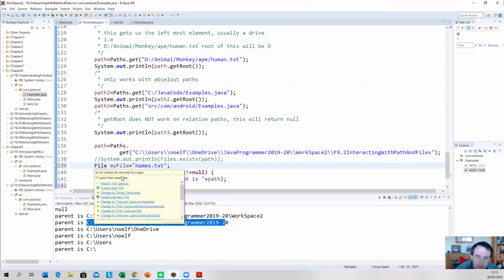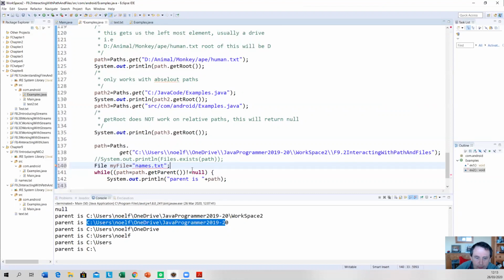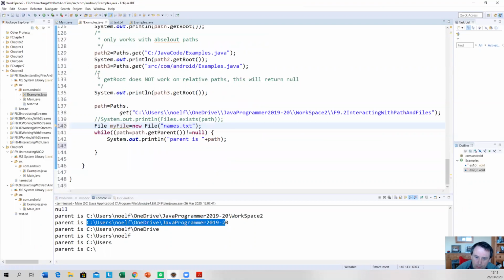Okay, I'm going to import file. Oh yeah, sorry. New file, names.txt. Now, so what I'm going to do here is